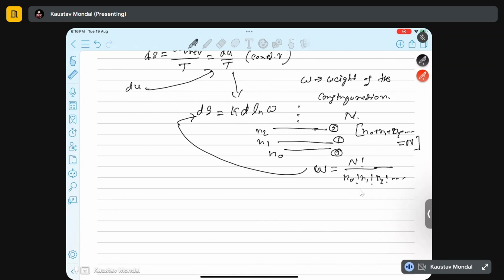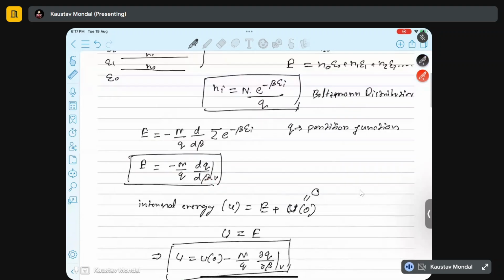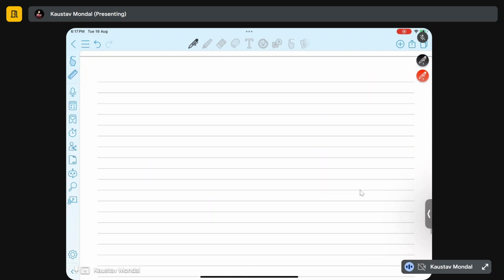So the last thing that we did in the last tutorial is, for a three-level energy system, E1, E2, E3, we first calculated the partition function, and then from the partition function we showed how to calculate the specific heat of the system. Then we calculated the entropy of the system. These are the problems that we did in the last tutorial. So now in today's tutorial,